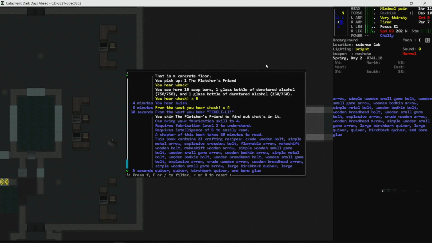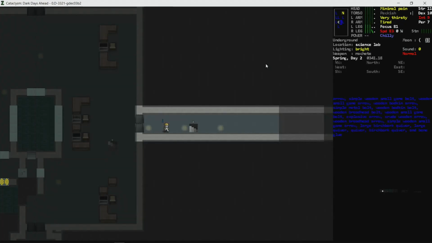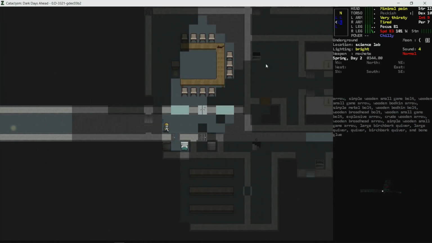Okay, let's look at our recipes. Requires Fab 2 to understand. We can grind that if we have to. We can make crossbows, which probably have... No, we can't. We can make crossbow bolts. Arrows. Quivers. I don't see actual bows on this list. Bows might require survival to craft. Bow. We have no bow recipes. Why don't we get away from all that noise and stuff and come over here and train our Fab a